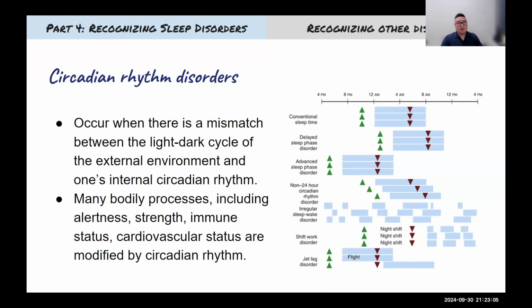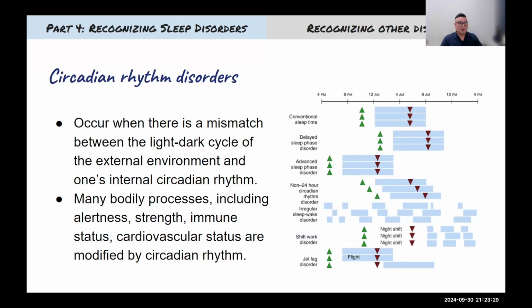This can also occur in patients intrinsically. Basically, your internal body clock controls a number of bodily processes, including when you're most alert, when you're the strongest, when your cardiovascular status is at its highest. And there are certain bodily processes that make sense when it's light out, and other ones make more sense when it's dark out, and that's your circadian rhythm. Disorders of the circadian rhythm occur when you have a mismatch between your internal body clock and the light-dark cycle